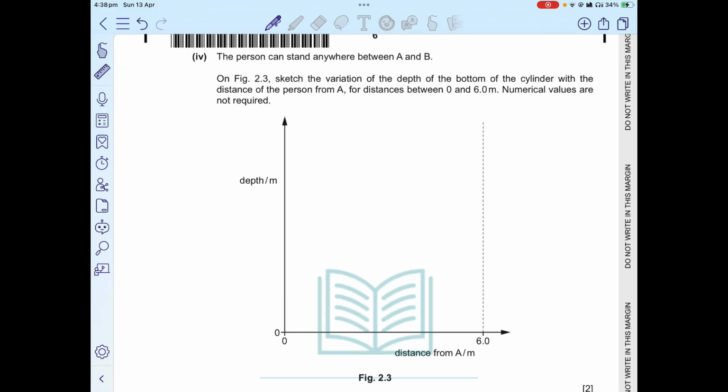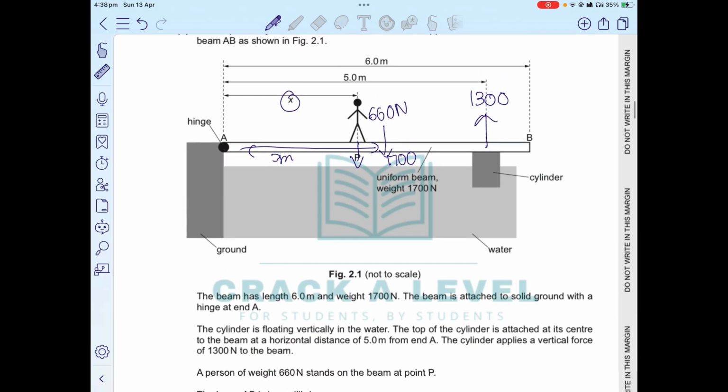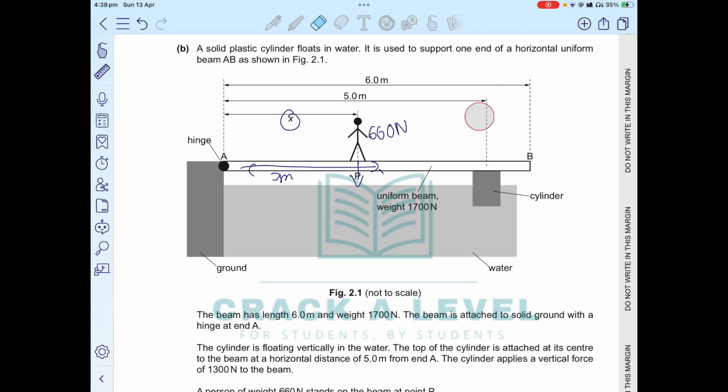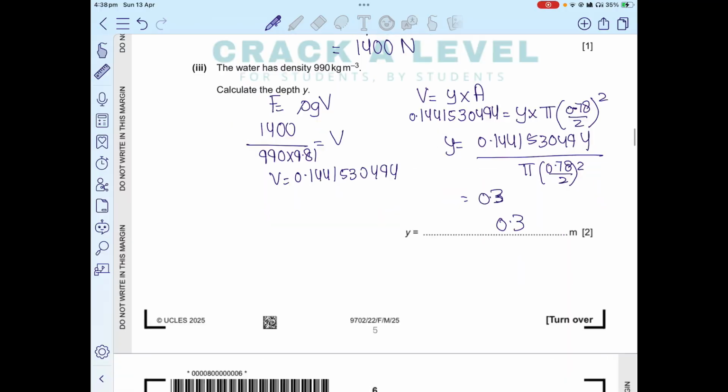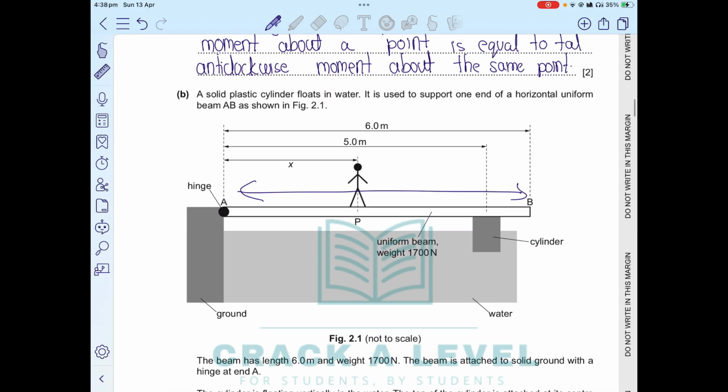The person can stand anywhere between A and B. On figure 2.3, sketch the variation of the depth of the bottom of the cylinder with the distance of the person from the edge. The distances should be between 0 and 6 meters. Numerical values are not required. Now this is an understanding question. They're basically saying that he can stand anywhere on this rod between here and here. So as the person moves towards B,